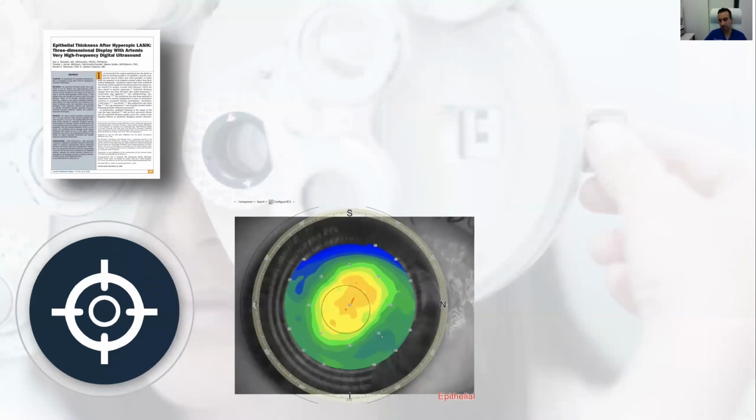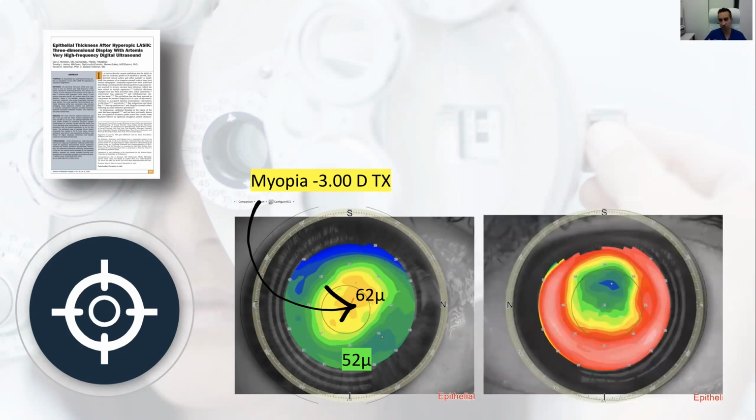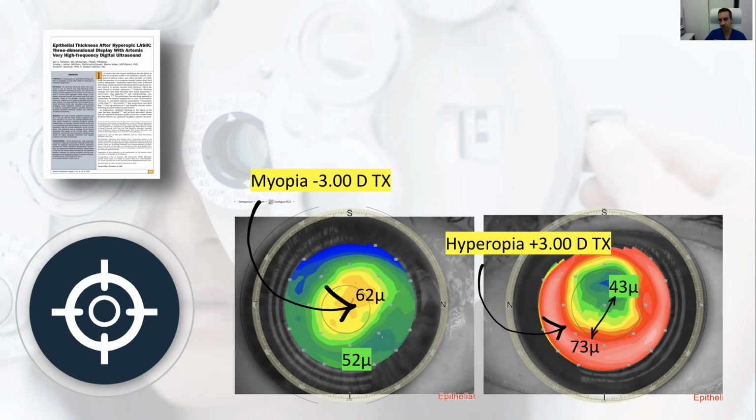Again, thinking along the same line, this is a myopic patient where the treatment in the center yielded 62 microns of epithelial thickening, while at the periphery, about 50 to 52. That's a 3 diopter myopic treatment. Now look at this 3 diopter hyperopic treatment. And as you see here, the periphery is about 73, the center is about 43. The difference is almost 30 microns as opposed to 10 or 12 microns in the myopic treatment with the same